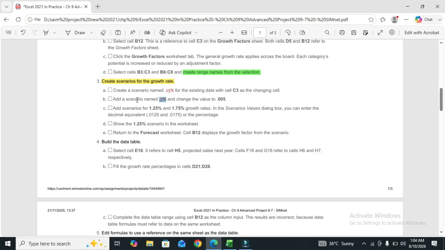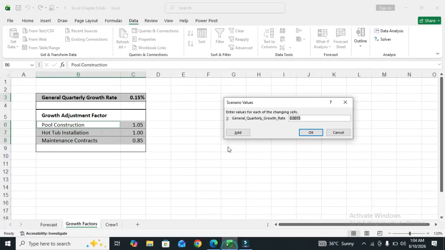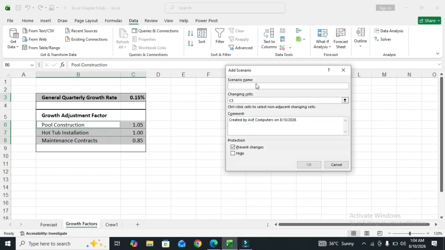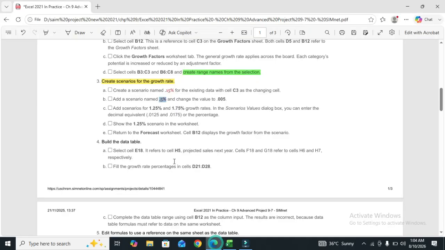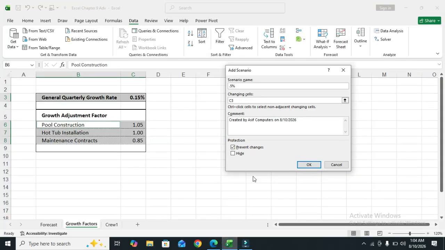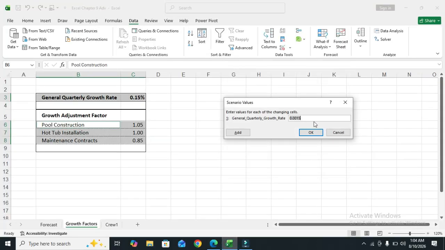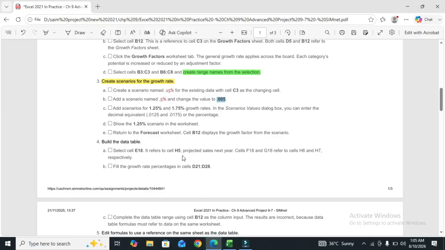First, add a scenario: click Add, scenario name 0.5%, and change the value to 0.005. Click OK. Part B is also done. So we move to part C.